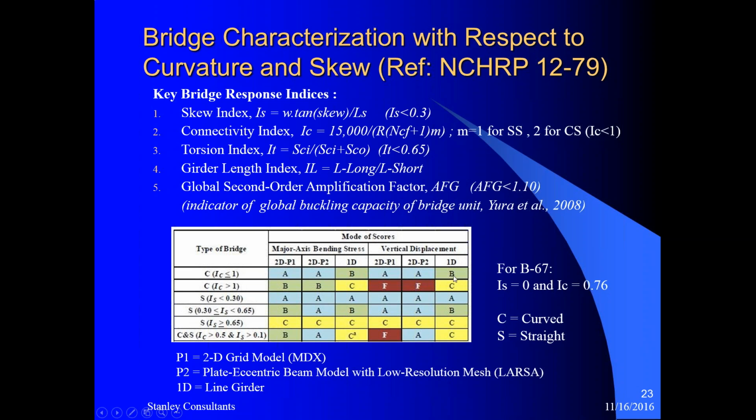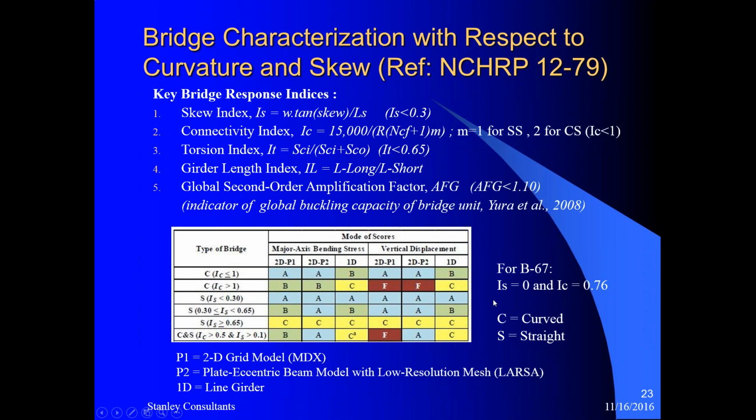So by just looking at this and calculating these two indexes, the number 1 and number 2, you can quickly see what type of analysis would give you good results. Here, the bending is ranked A for both P1 and P2, and vertical displacements ranked A. So that is very good information just to determine the level of sophistication needed for a particular